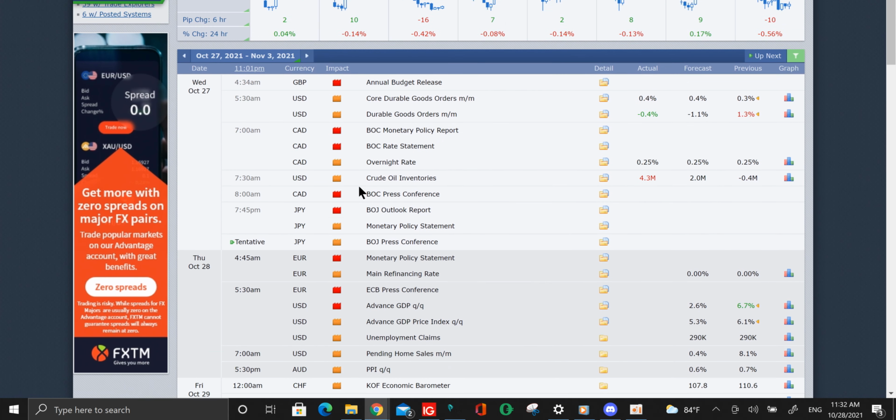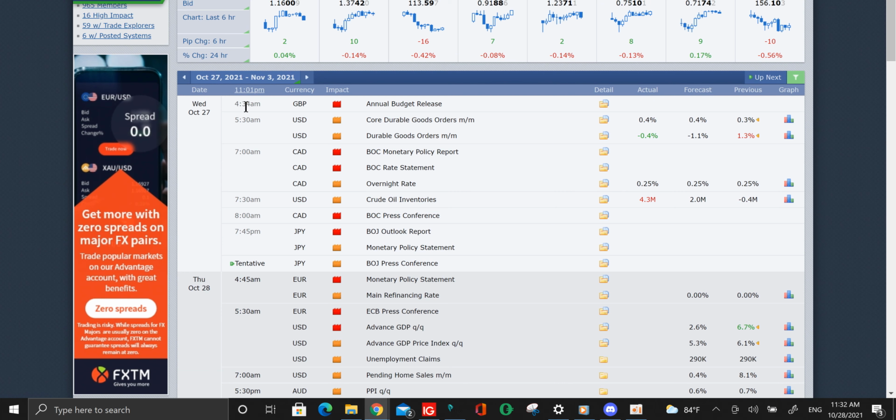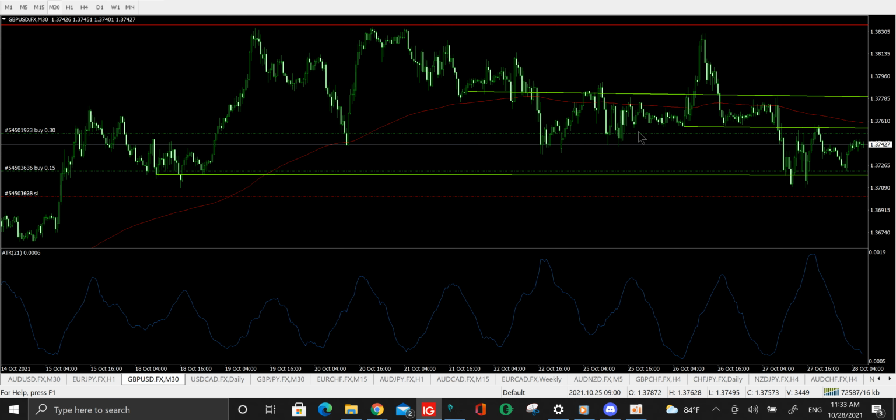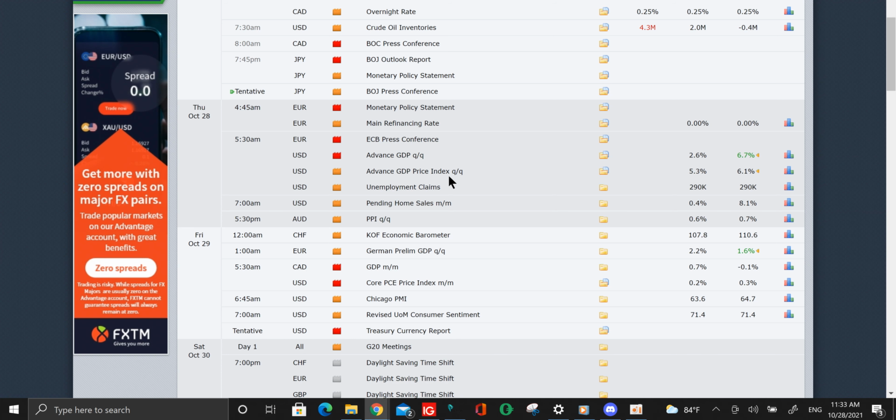And now here we go, going into Thursday. So we see that on this clock it says 11:01 p.m. because this is still currently California time, but in a few hours there is some news in USD, and there's also news in Europe. So what I would like to do is go forward and look at GBPUSD, and I see that there is going to be news in USD in a few hours. At that point, I'm going to close out whatever trade I have running in GU, wait for the news to post, and then I'm going to take my trade based on what happens after the news.